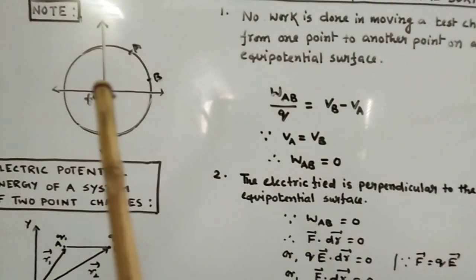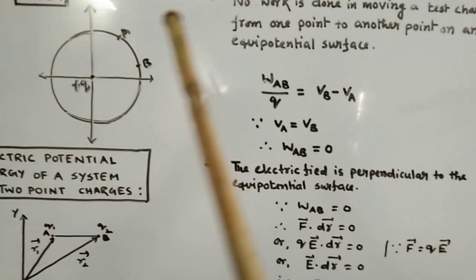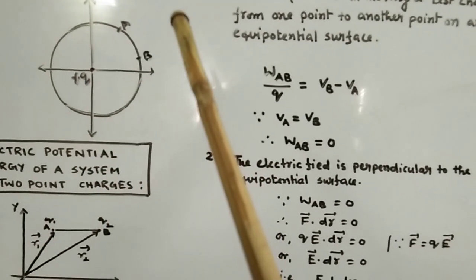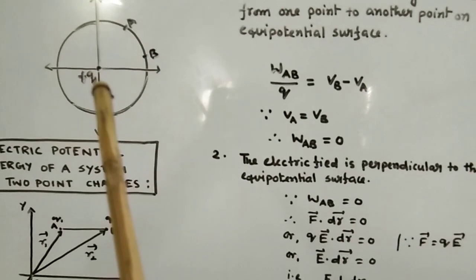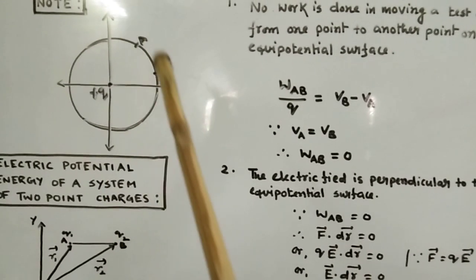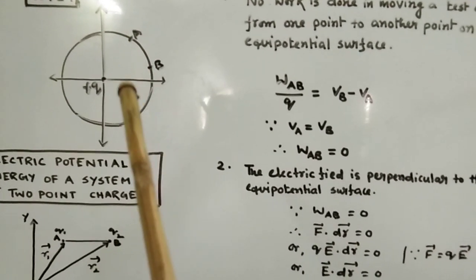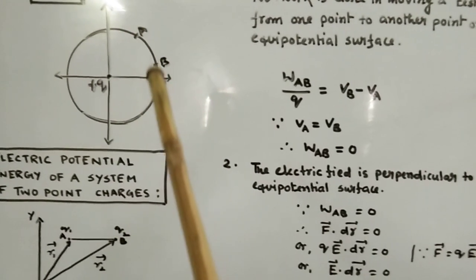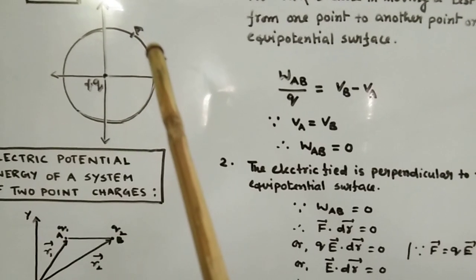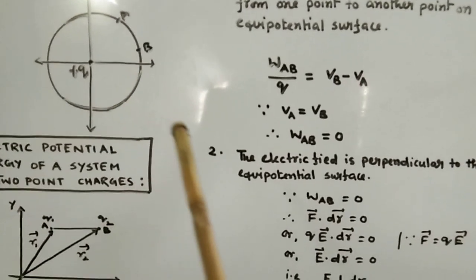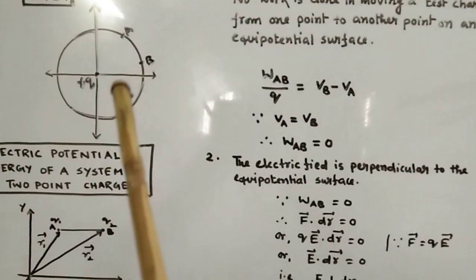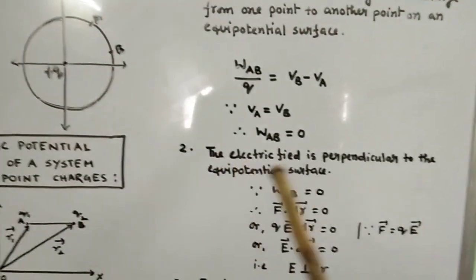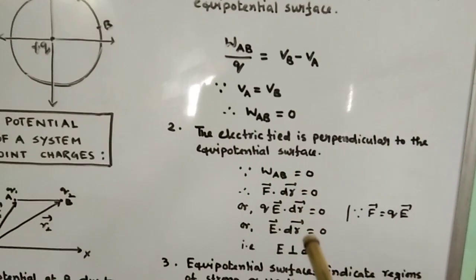This electric field direction is outward from the positive charge, and the circumference and the electric field line are perpendicular to each other, because we already know that the radius is perpendicular to the circumference. The same thing happens here. The radius is nothing but the electric field direction, and the circumference is nothing but part of the curved surface of the equipotential surface. So you can say the electric field is perpendicular to the equipotential surface.